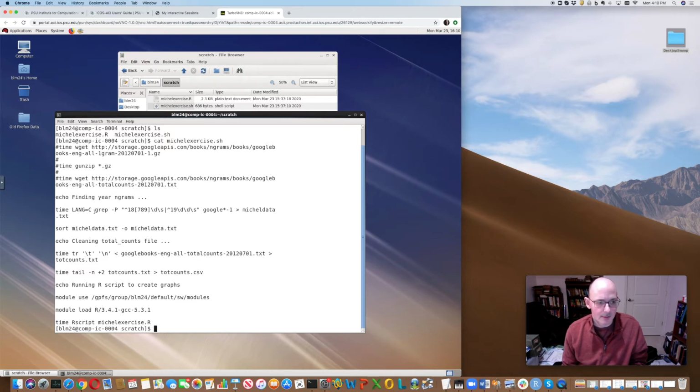This is grep, regular expression searching. We're going to grep that big Google file for the lines that begin with the year 1870, 1880, 1890 through 1999, and put those into a file, micheldata.txt. I'm going to sort that,